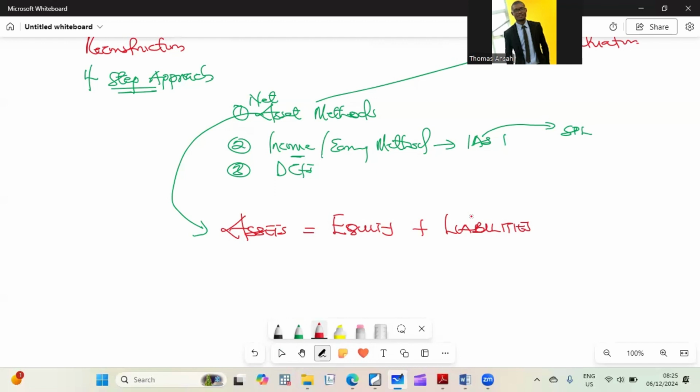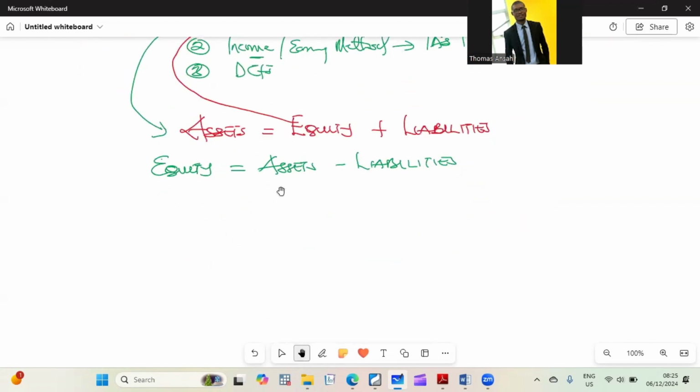Now, this is the issue. I always say this word, net asset, all right, is the same as equity. So if we want the equity, we will need assets minus liability. Now, ladies and gentlemen, this equation is what corporate reporting is all about,